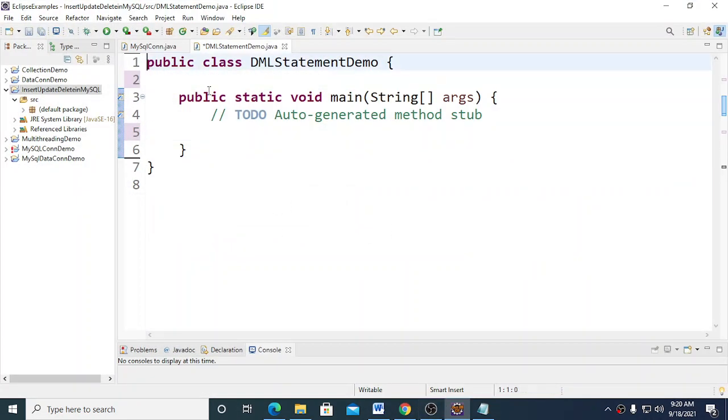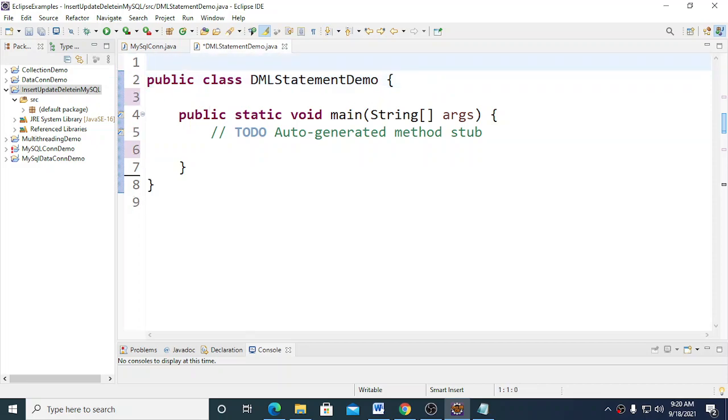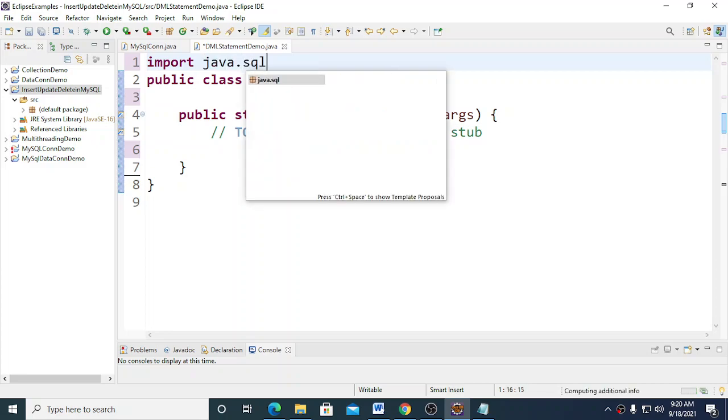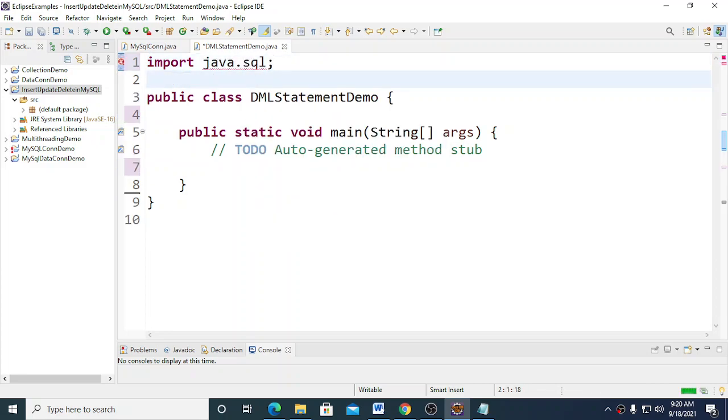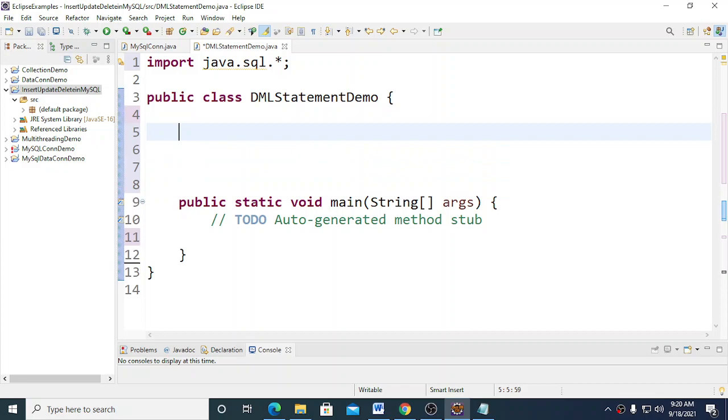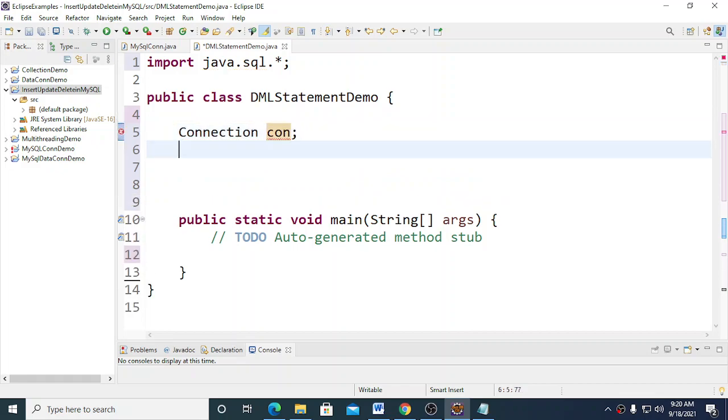So for connecting to MySQL from Java program, you first have to import the java.sql package. Then I'm going to create the connection object for establishing a connection to database.